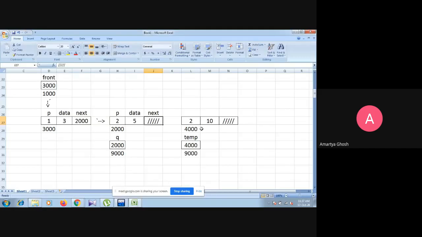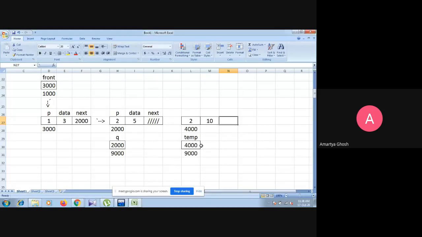So new node, if we insert at last position, first of all we have to assign, because this part is still empty, so we have to make this new node the last node. So we have to assign the null value, or any value that is contained by the next part of the node that Q is currently pointing to.